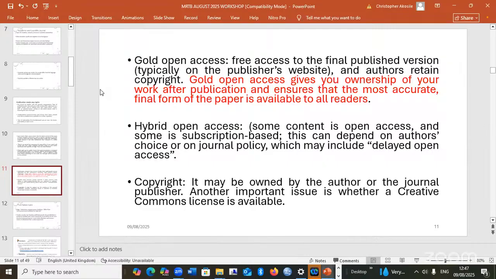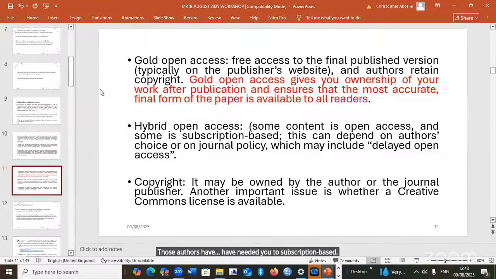Another publication type is the hybrid open access type. In the hybrid open access, some articles are free, while some other ones have to be bought. That's because those authors have yielded it to subscription-based.